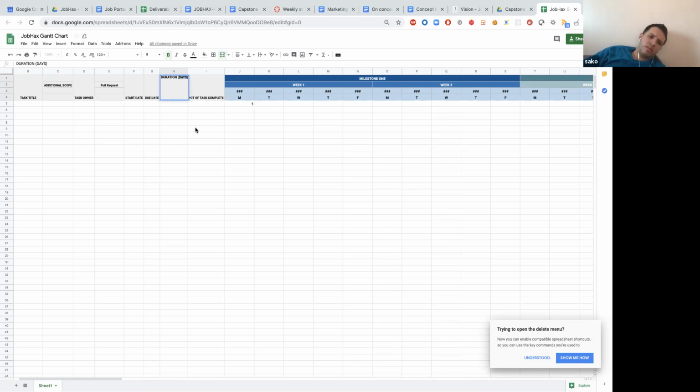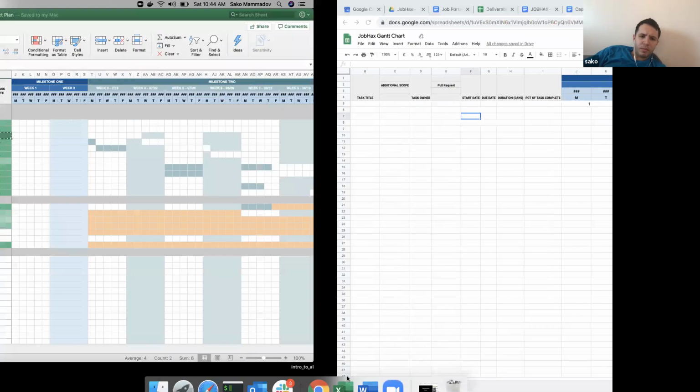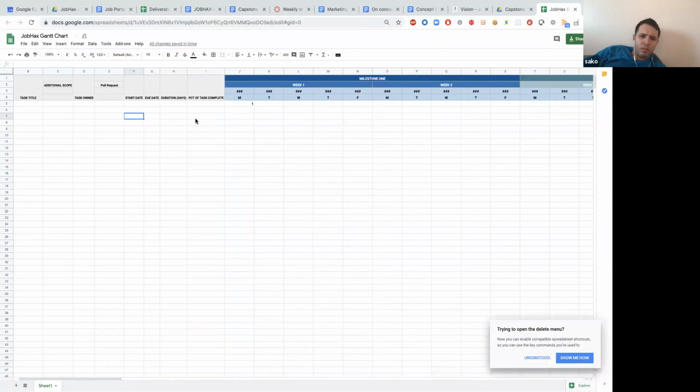Or start date. Task title. I think we don't need additional scope, or? Yeah. We can just remove that. Can we remove that?